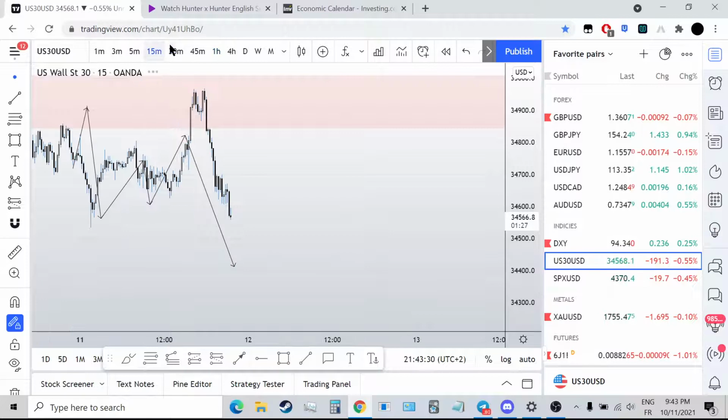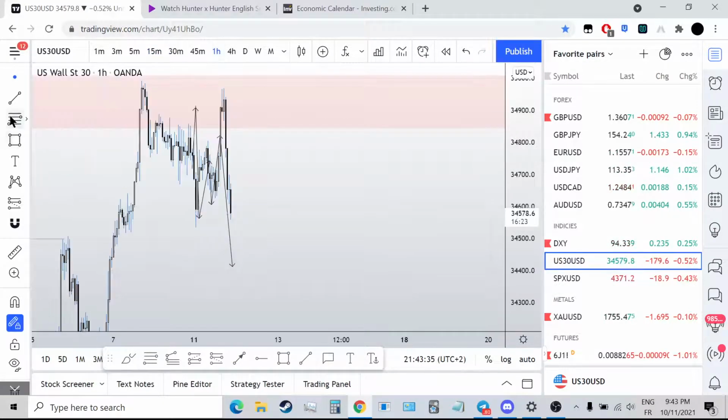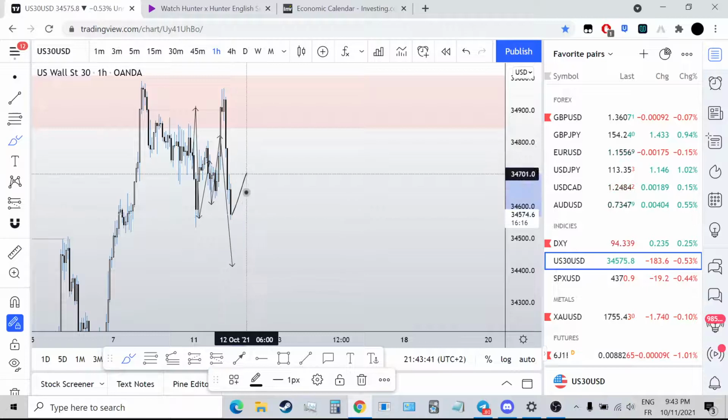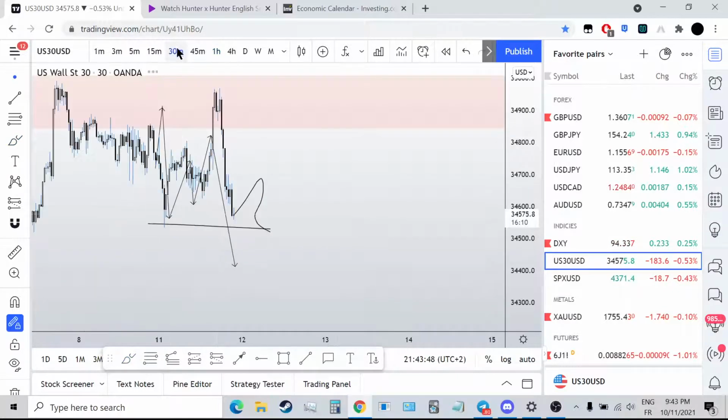Now, what I do want to see is price to come up, and let me draw it out. Maybe come up. I would like to see this break first. Okay, hold on, let me see. 30-minute. Let me delete all of this real quick.